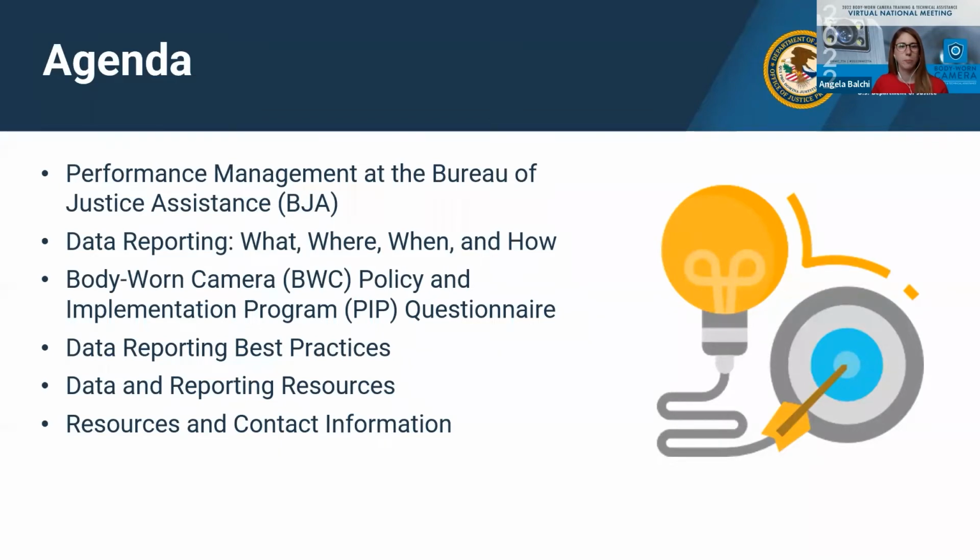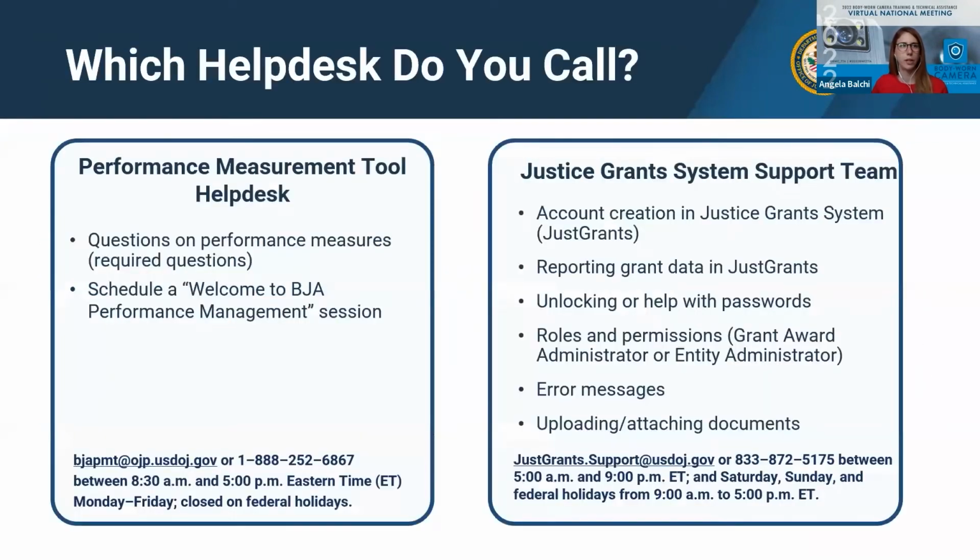So on the next slide, before we get started, we just want to make you aware, as many of you may know, specifically those grantees that have a BWC award prior to fiscal year 2021. As of January 2022, BWC grantees are now reporting in the Just Grant system. That's a transition from the Performance Measurement Tool, or PMT. So there may be some confusion about which help desk to call if you have questions,